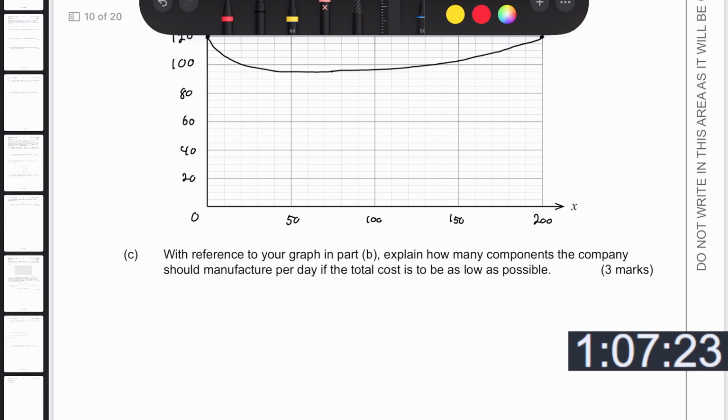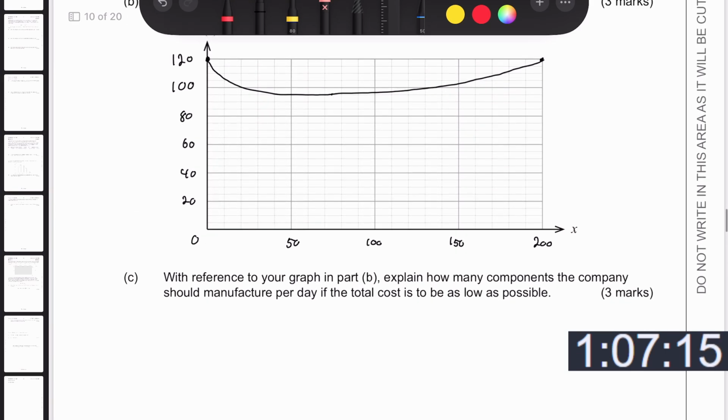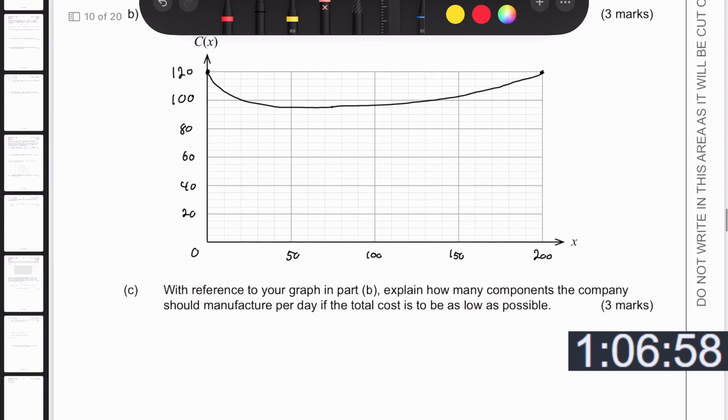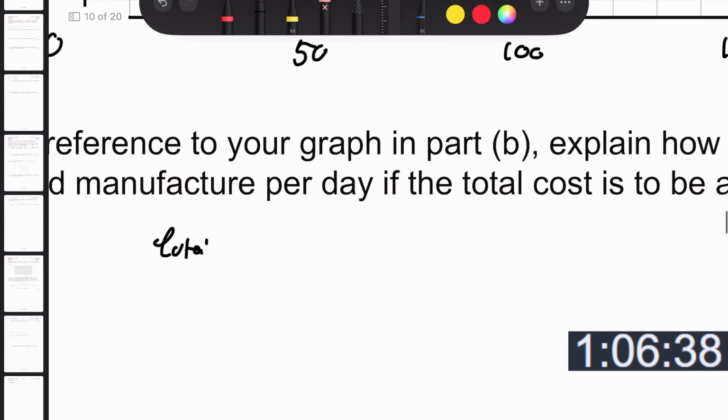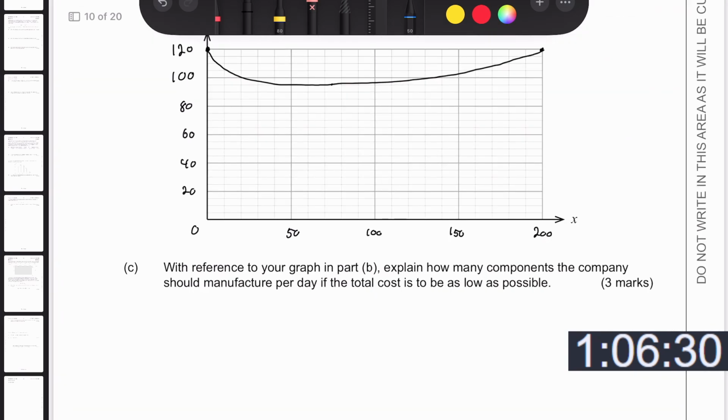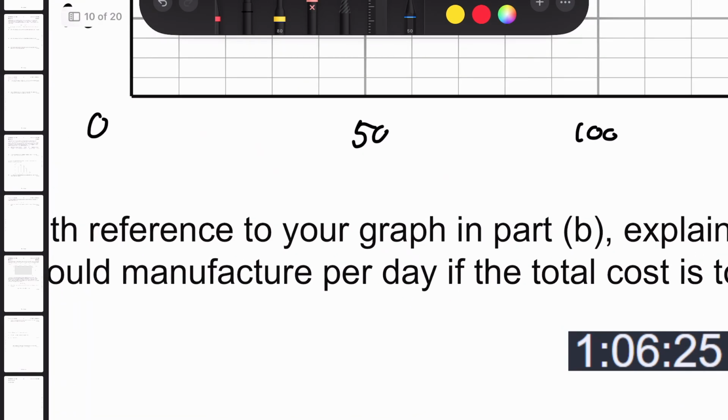Okay, reference to your graph. Explain how many components the company should manufacture today. The total cost is to be as low as possible. Well, then it would need to be x times that. Total cost is equal to x. What am I referring to my graph as, b? Because total cost. Oh no, C is the total cost. Okay, wait. For a second, I thought C was the minimum cost. I mean, not the minimum cost per component. Okay. Minimum at